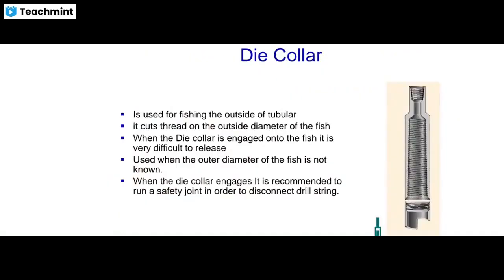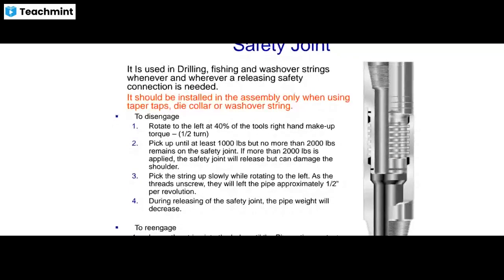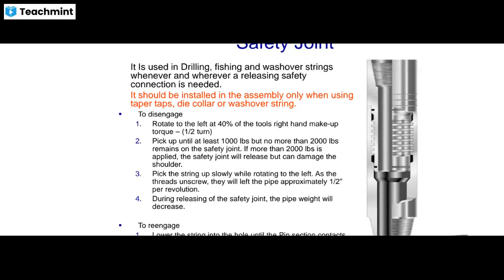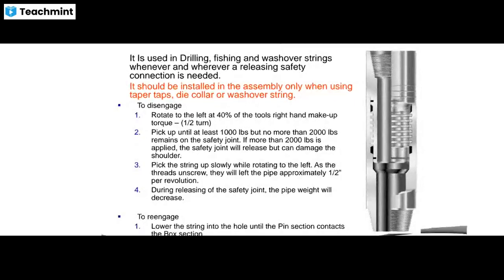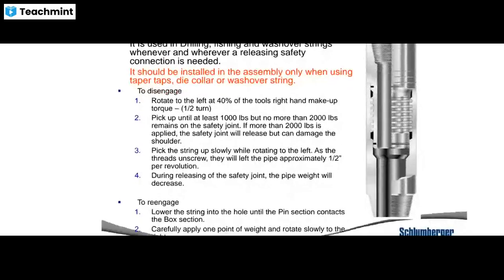And the die collar is used for fishing the outside of the tubular, used when the cut outer diameter of the fish is not known. When the die collar engages, it's recommended to run a safety joint in order to disconnect the drill string. This is your safety joint. It is used in drilling, fishing, and washover strings wherever a releasing safety connection is needed. It should be installed in the assembly only when using taper taps, die collar or washover strings. So this is your disengage and engage. So you can see here,